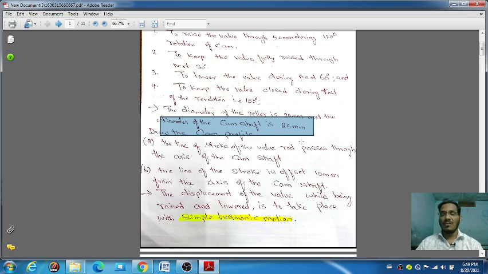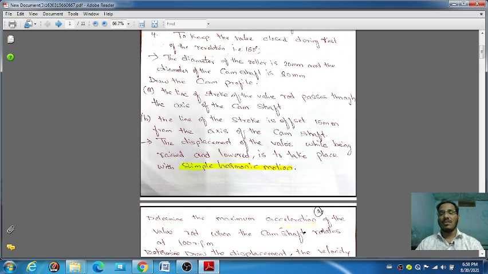So you can take the 12.5 reading for the radius of the camshaft, and this is your diameter of the roller. You will get here 10 mm as the radius of the roller. So in terms of 1 centimeter, okay, you have to convert this.